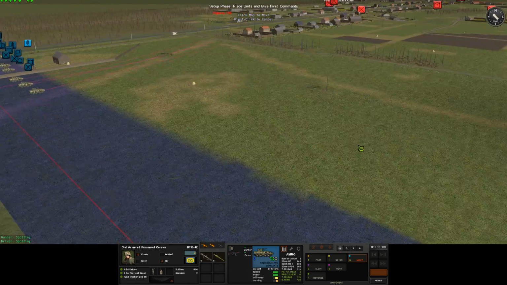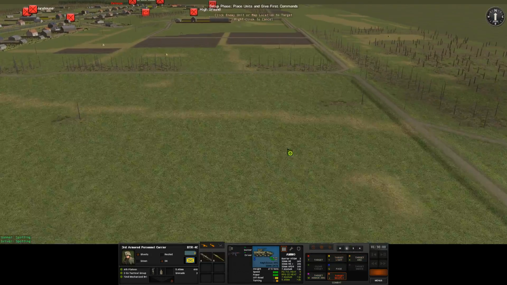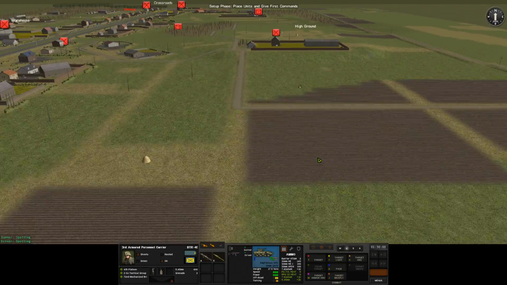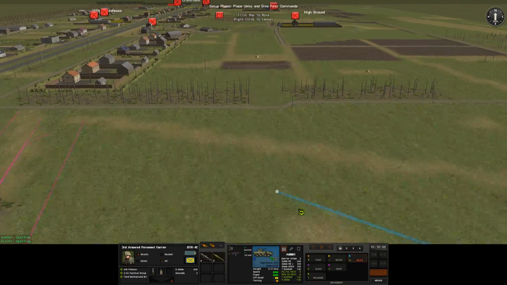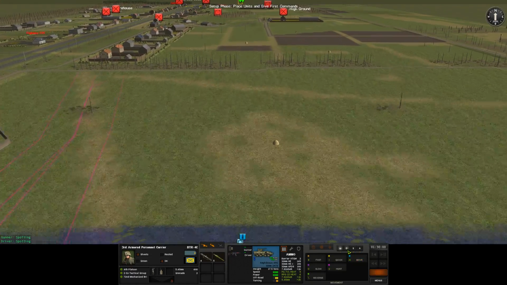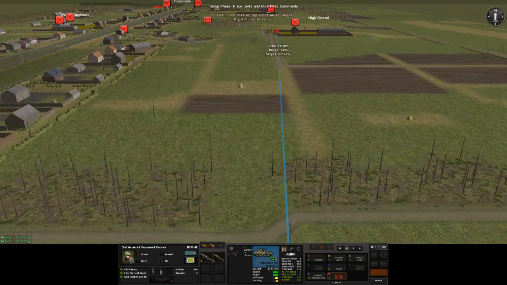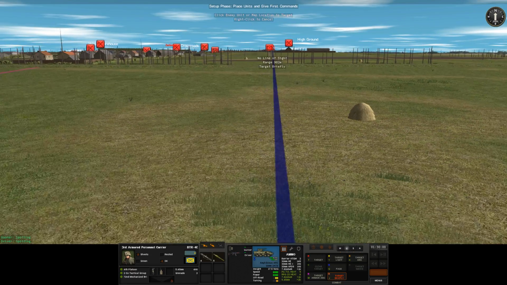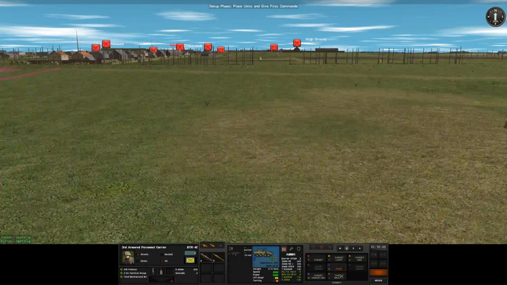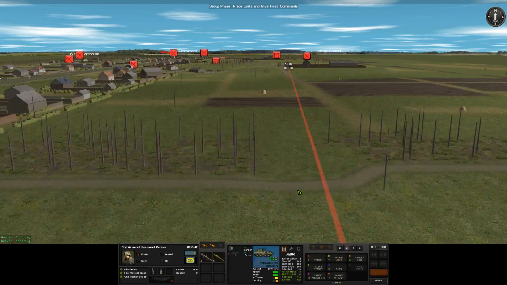Now, I do have this vehicle here, which I will use to suppress this position. So what I'll do first off is I'll have it target this building here. Oh, no, can't quite get it in there. Okay, so we'll change tactics, we'll move over here then instead. Oopsie. Right, have that vehicle there. Right, there we go. So I want you to fire on that position for about 30 seconds and we'll have